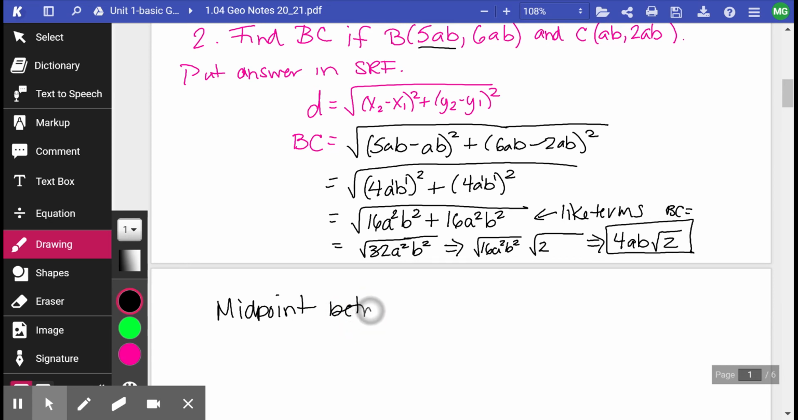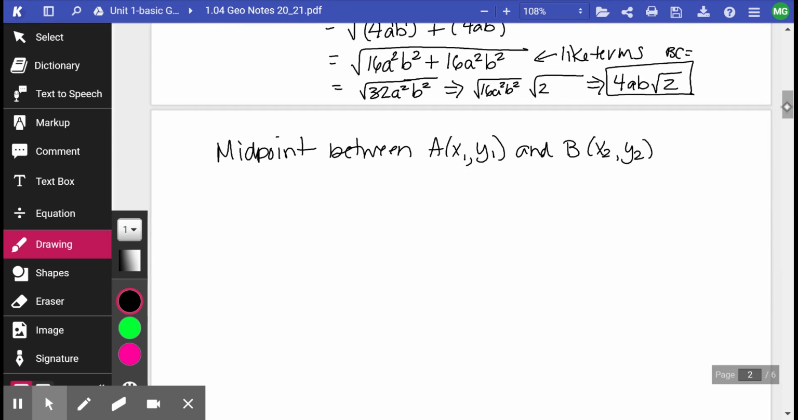So the midpoint, again, same thing, is between 2 points, A (x sub 1, y sub 1), and B, which is (x sub 2, y sub 2). So I'm going to show you two different ways to do this. They're very, very similar, but one way will be more helpful when we do certain types of problems. So the fastest way is when you're given two endpoints and just asked to find the midpoint, then you're going to take the average of your x coordinates,